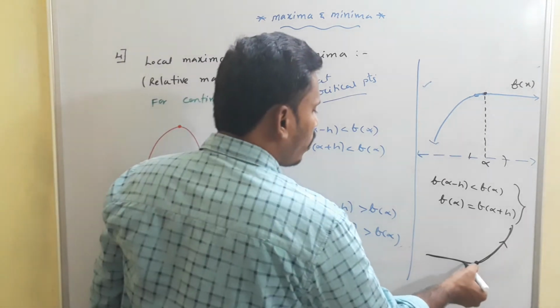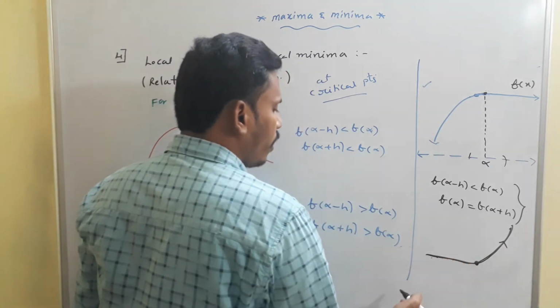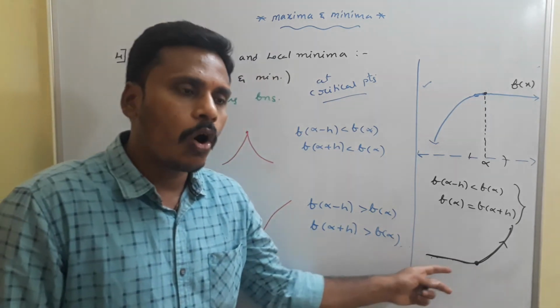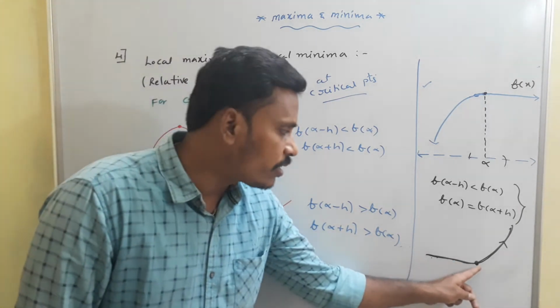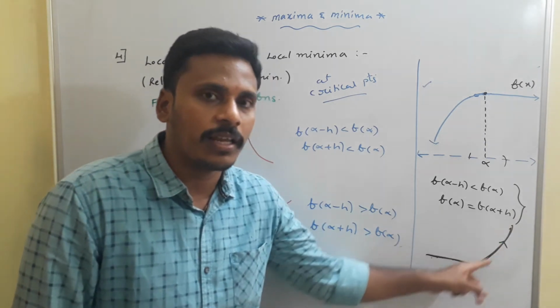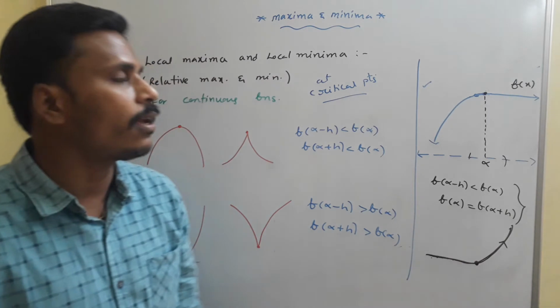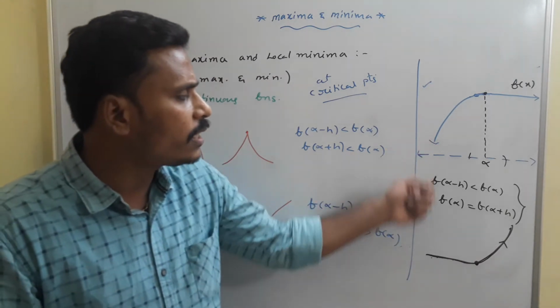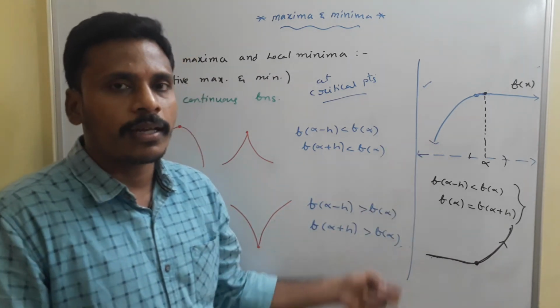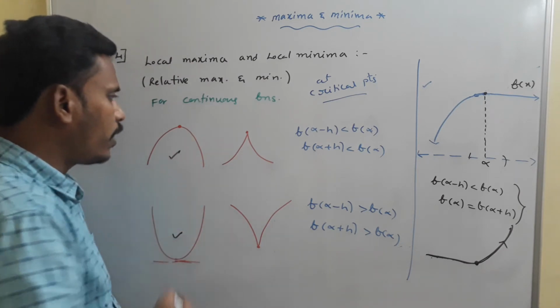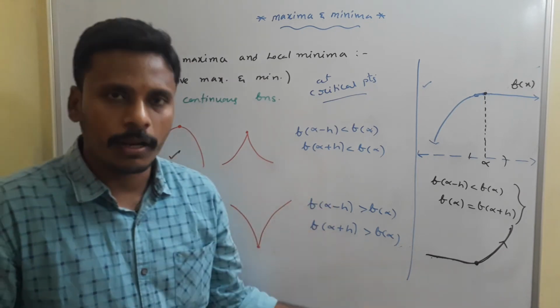See, suppose this is the graph and this point will be the local minima point, or you may say, at all these points the functional value is same. You may consider any one of these as local minima value. All these values are same, right? But this is the critical point because the graph is turning its position. So we usually consider at this point the function is getting minimum value. Okay, and these are some special cases, but in almost all the cases we will face these types of curves for local minima and local maxima.